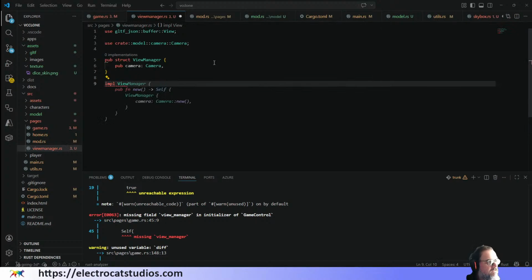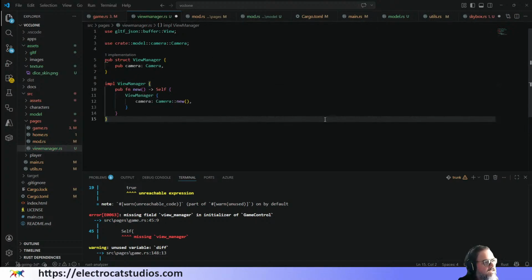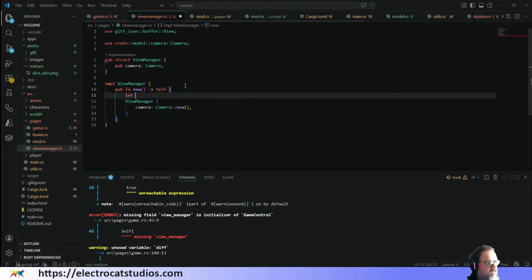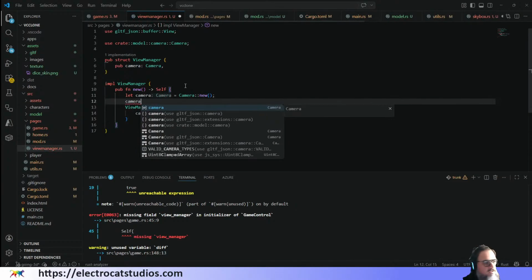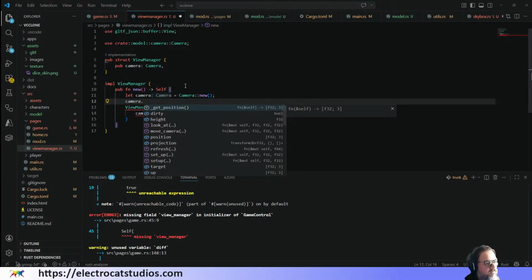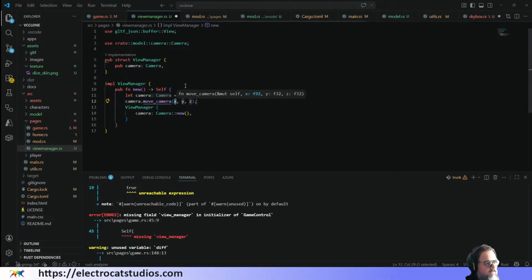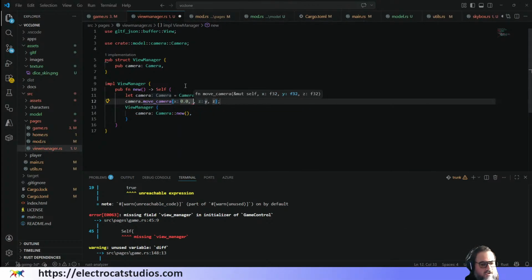View manager. Oh, there we go. And we want to do let camera equals camera new, and we're going to camera move camera to 0.0. We will go to